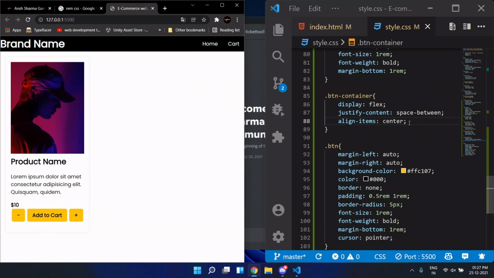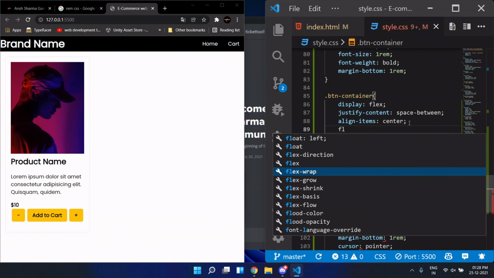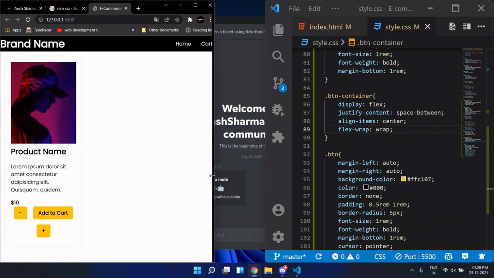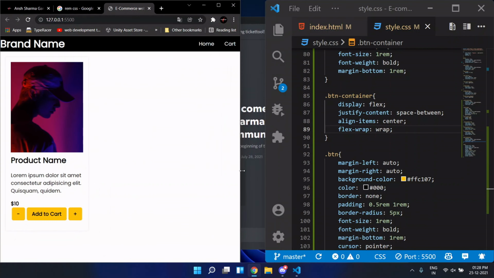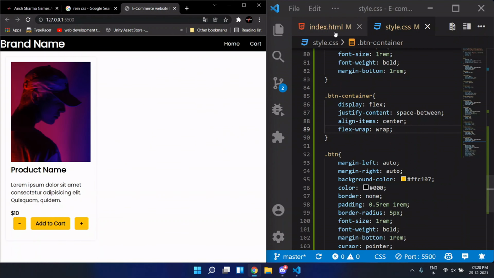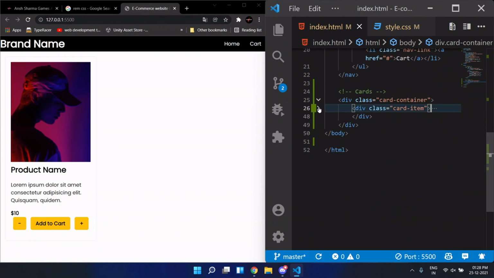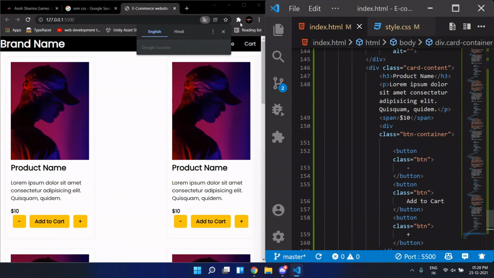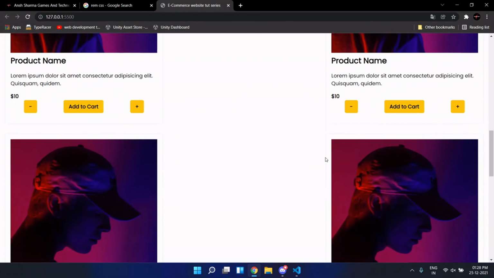Okay, I forgot one thing again. Flex wrap, flex wrap. So now it should be okay. As you can see, we have a pretty good card, and now what we will do is just duplicate this card. So first of all, here is one card item. So what I will do is just duplicate it a few times. I think I did it many times. Yeah, as you can see,